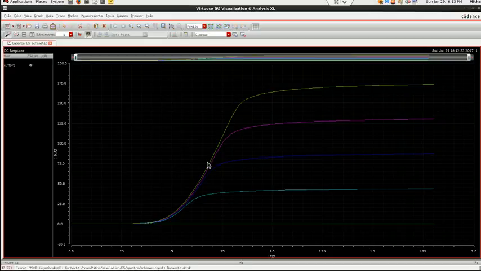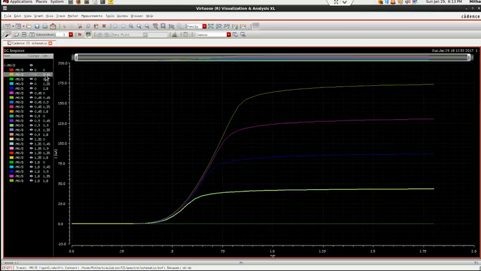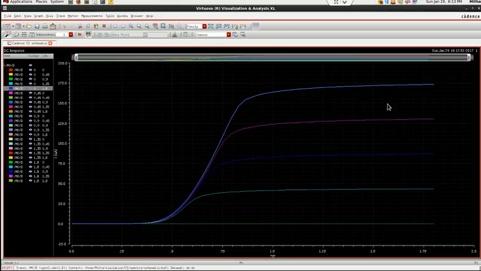Okay, so I think you might have seen this in your books. Here VGS is varying from 0 to 1.8, and for particular discrete values of VDS it's giving different values. Let's suppose this is for VDS 0, VGS 0. Similarly this is for VGS 0, VDS 0.45. Similarly this one 0.9, 1.35. So this is 1.8 VDS, VGS 0. Similarly this is 1.35, VGS is 0, and similarly like this. So this is how you get it.